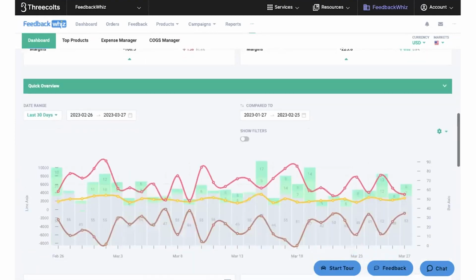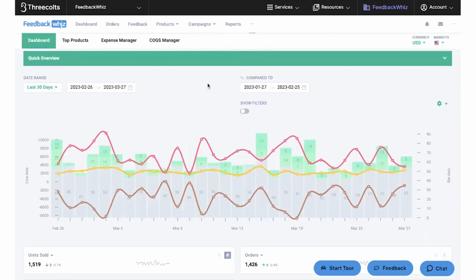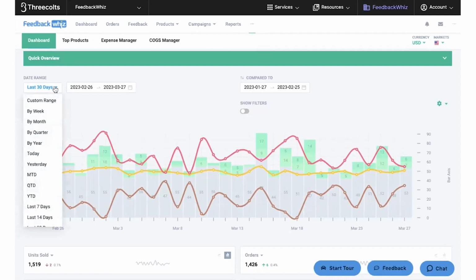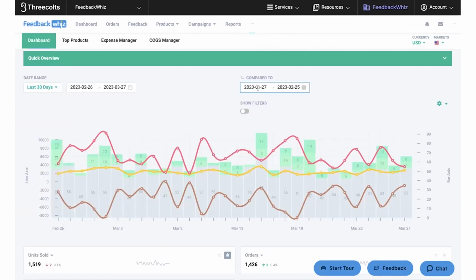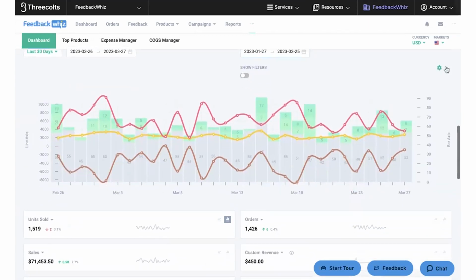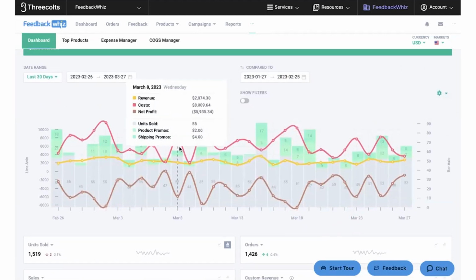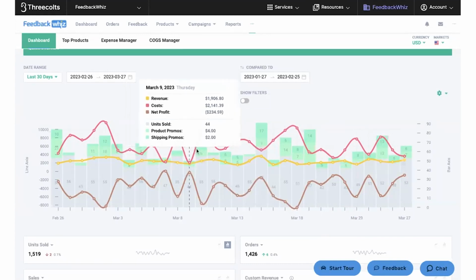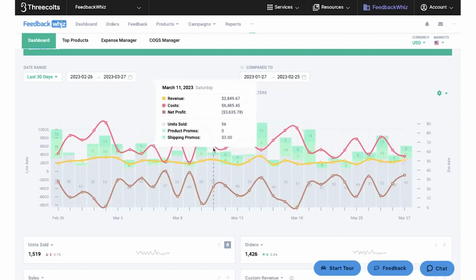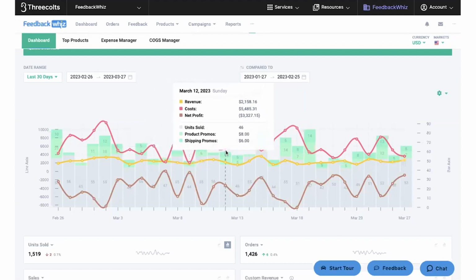And if you go ahead and scroll down, you'll also see another quick overview that does have an interactive graph. And right here, the date range selected is the last 30 days. You can compare it to any period as well. You can export any of this information. So right here, you'll be able to see on March 8th, your revenue, costs, profits, your units sold, and your product and shipping promos. So this is just a graph that will go ahead and break down everything that's also